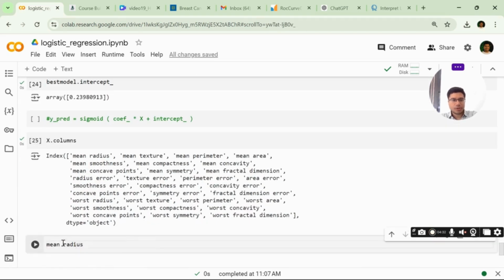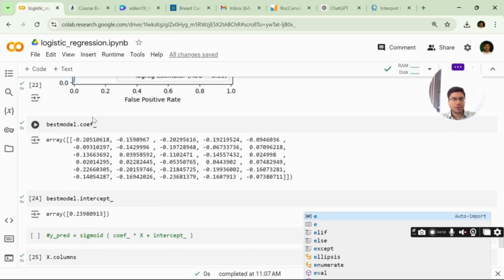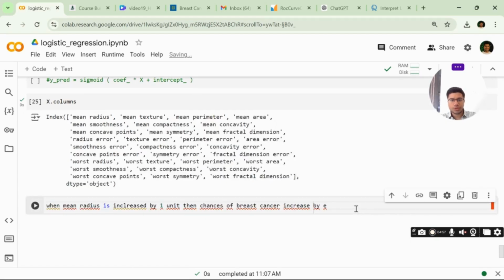So when mean radius is increased by 1 unit, then the chances of breast cancer increase by e raised to the coefficient of this, which is negative 0.20. So e raised to this. E is, remember,